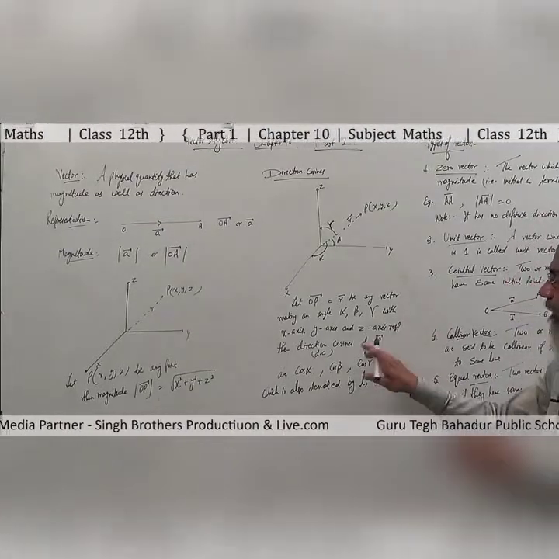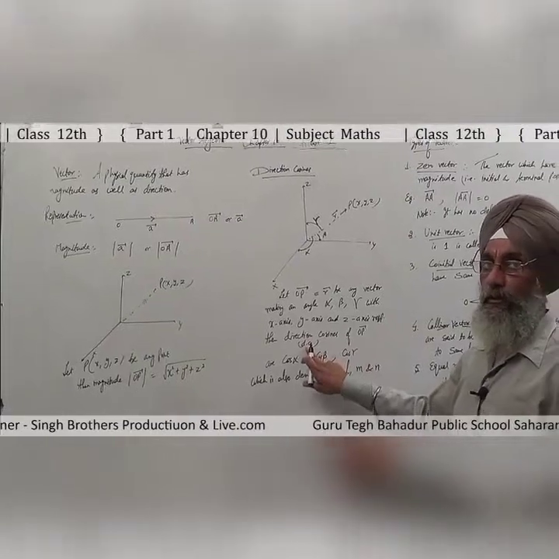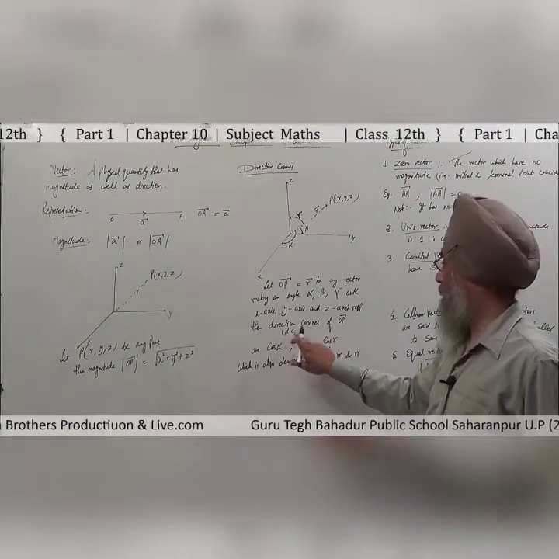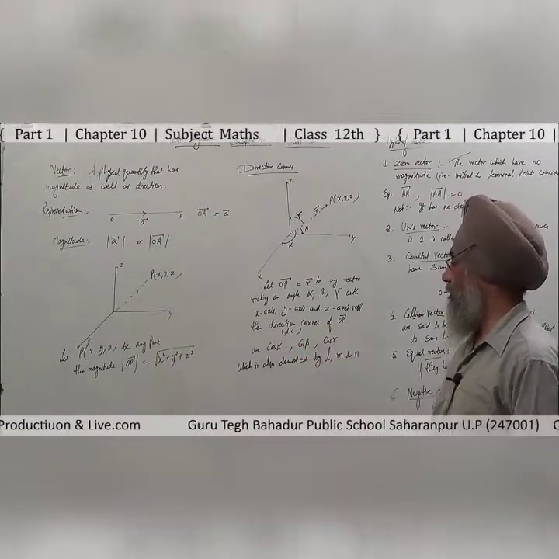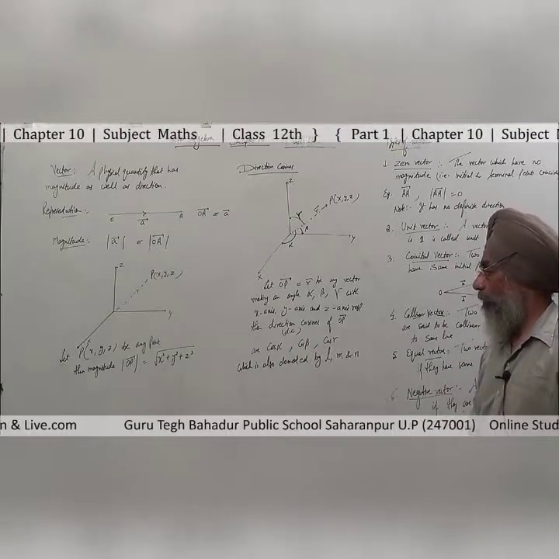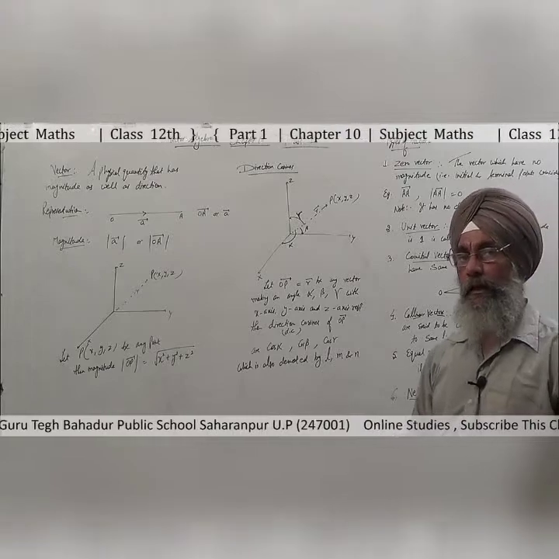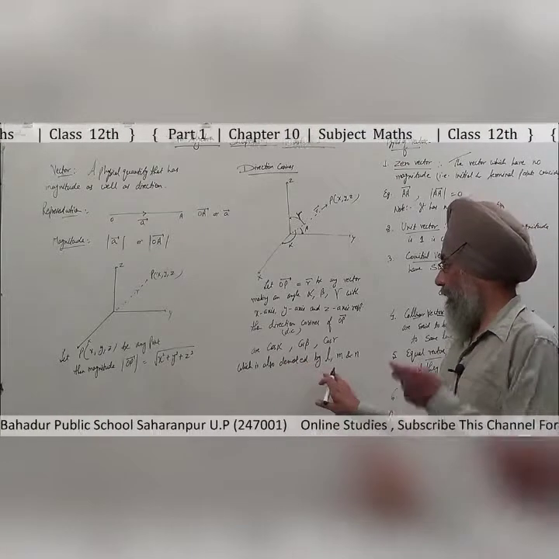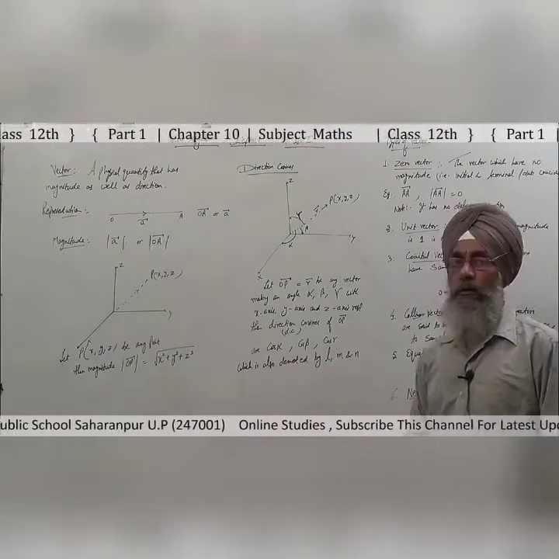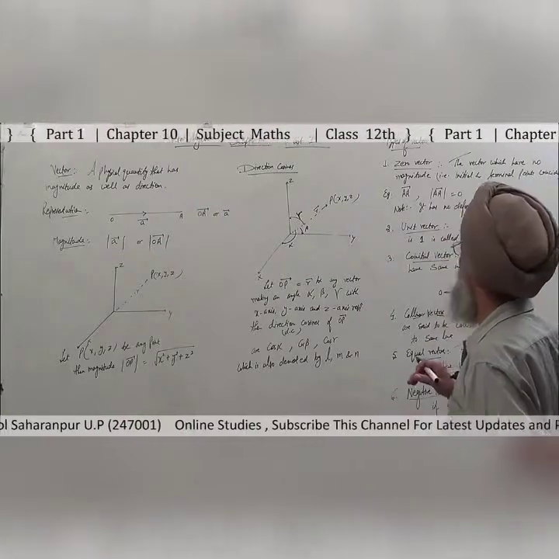Then direction cosines, or you can say DC, in short form, the DC of OP are cos alpha, cos beta, cos gamma, which is also denoted by the symbols l, m and n. Cos alpha को आप l से, cos beta को m से और cos gamma को n से represent कर सकते हैं.